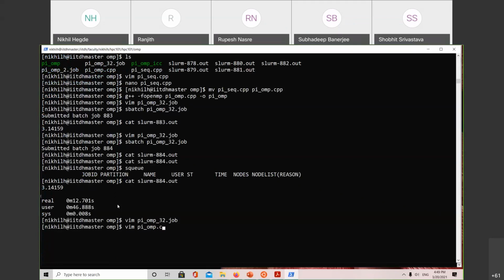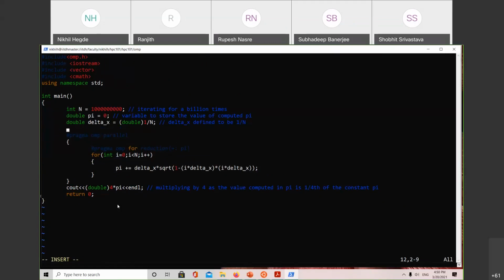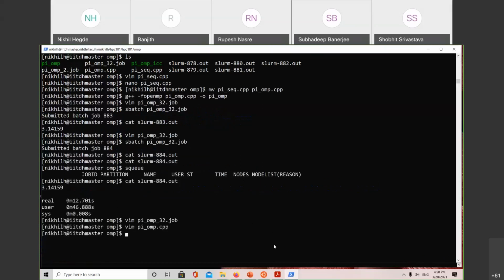Here, the programmer is oblivious of the number of cores that are available. So in my program, I don't need to set the number of cores, but there is some problem with the cluster. If I do the same thing on my local 6-core laptop, it works fine. But if I do this set num threads 32